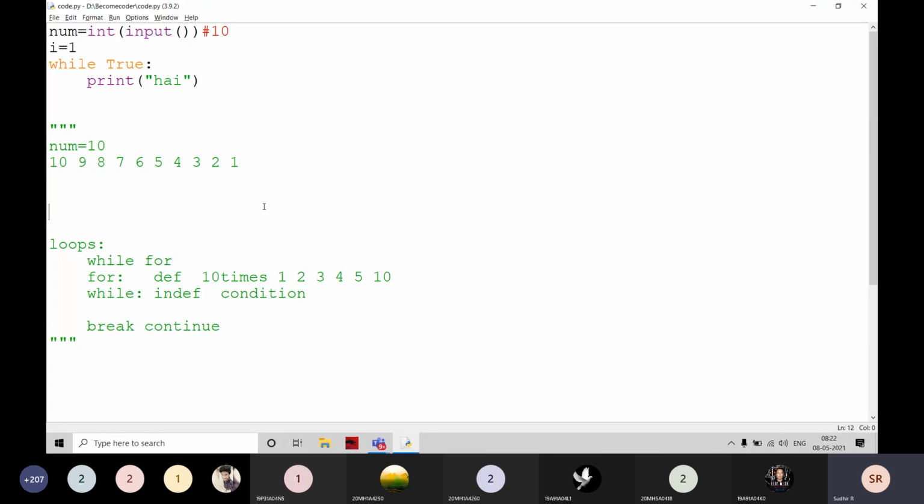But you have to do it. Rishi, you have to write an infinite loop every time, while True, and then print 10 to 1, and stop using the break statement.